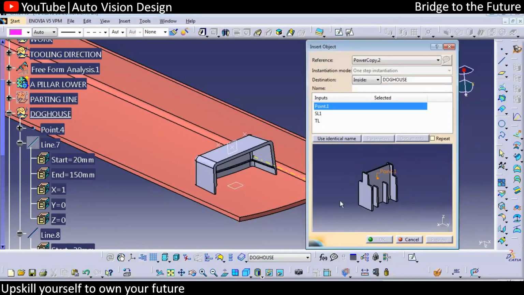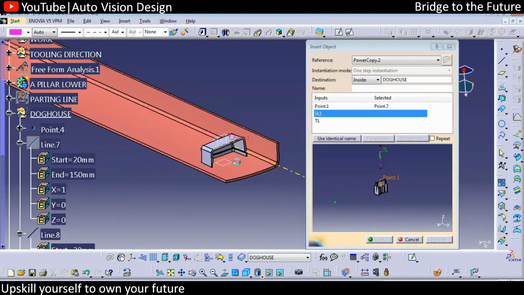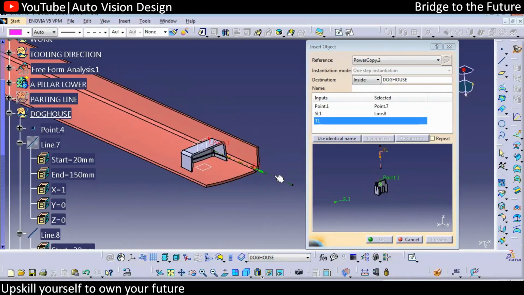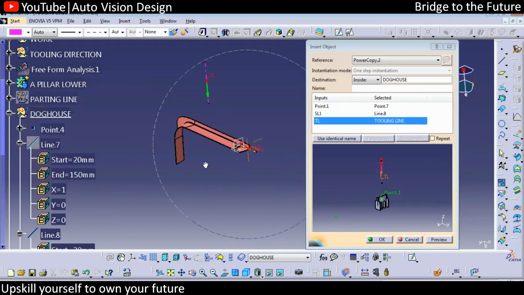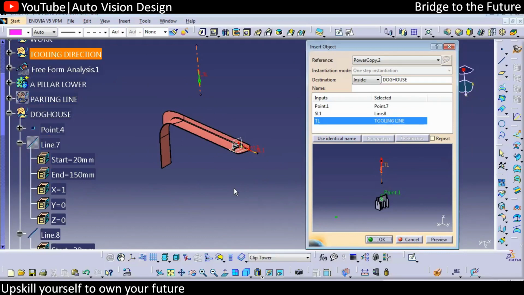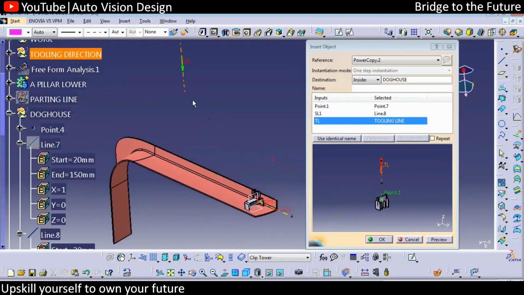Okay, somewhere here we have the clip tower, and I will share this information as well, how to create the clip tower. Now we can select the point. It's asking for the point as well as the slider lifter direction that you can select, as well as the tooling line. So you can select the tooling line. The arrow needs to be checked. Check for the preview. Okay, it's coming in another direction, so we need to inverse. You can click over here, check for the preview.